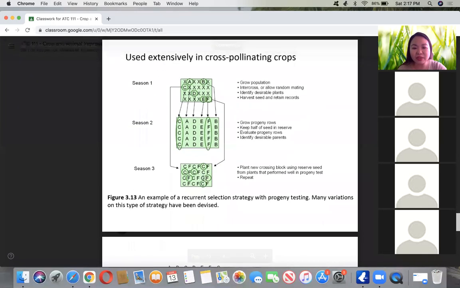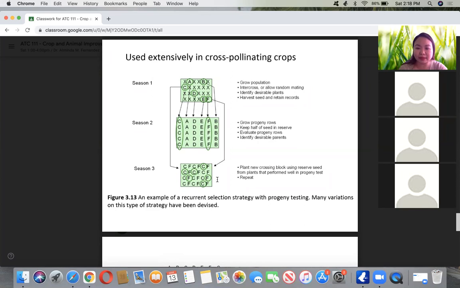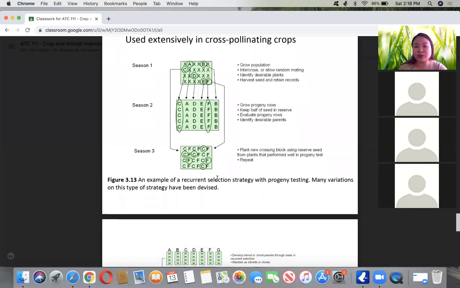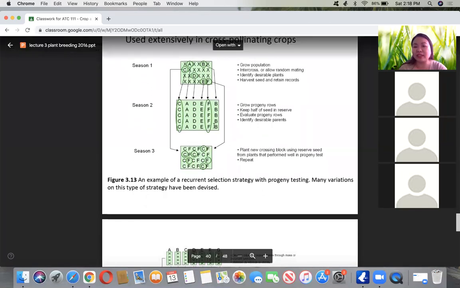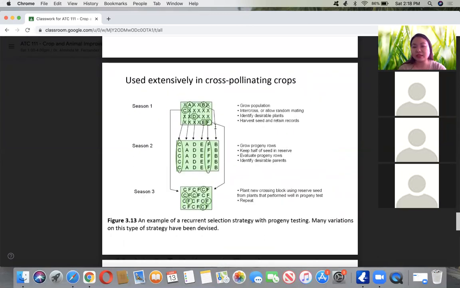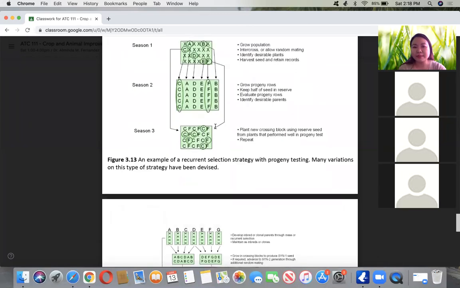So, pag napili mo na yung C, for example, at saka F, yung gusto mo na desirable traits, so yun na yung arrow row. You plant new cross block using reserve seed from plants that perform well in the progeny test and repeat. So this is for cross-pollination, which is different in the year 2 from the other self-pollinating crops na pedigree and